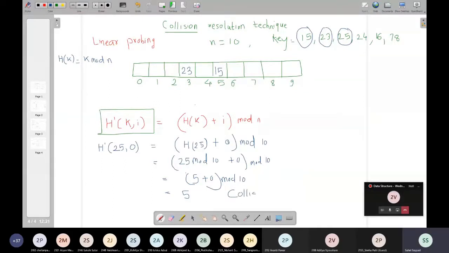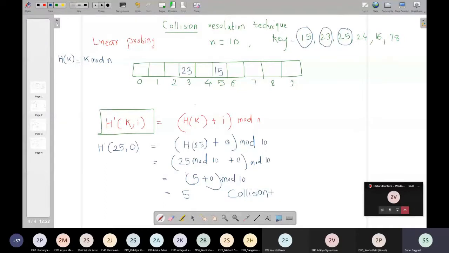Are you getting this, students? If you don't get a collision, you keep your I at 0, like when I was processing 15 and 23. The moment I process 25 with 0, I found a collision. And that's why I'll now solve